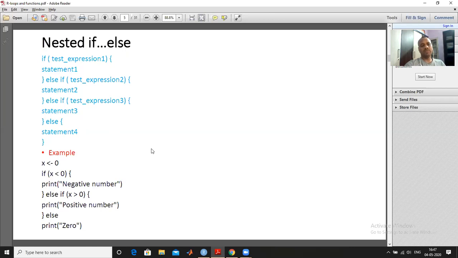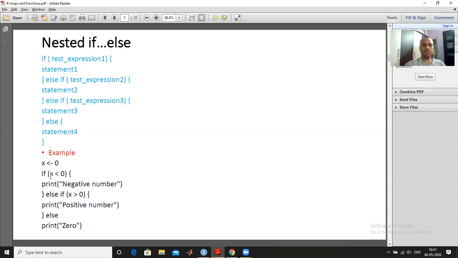So in the previous example, if I want to check the case for 0 as well, I have to mention it. The first condition, if x is less than 0, then negative number, and second condition, else if x is greater than 0, then positive number, and if both are false, you have to write else print 0.